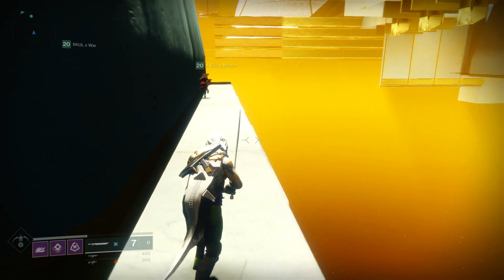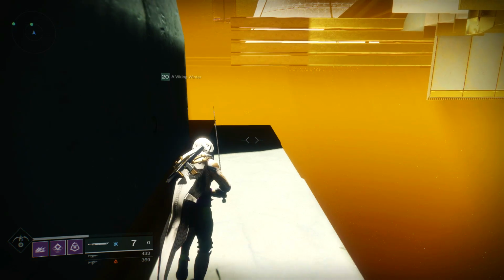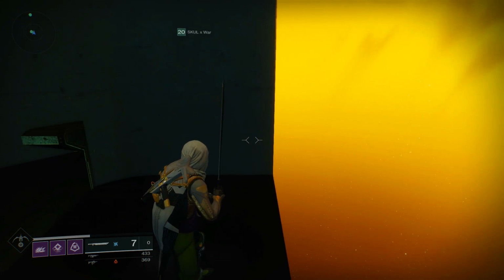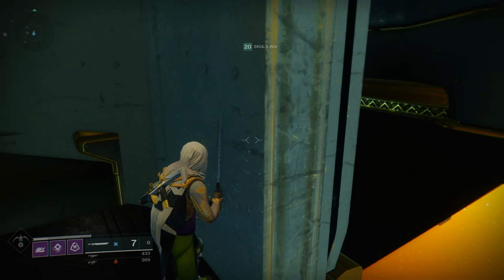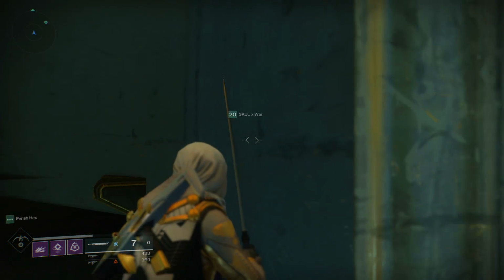Now, if you don't know the pools, this was last week in the first time the raid came out. It was the second stage of the raid itself, the royal pools. So what you want to do, there's a door here, and you can literally jump out and then jump in, and if you do that, it will then load in the royal pools, and that will then become your new